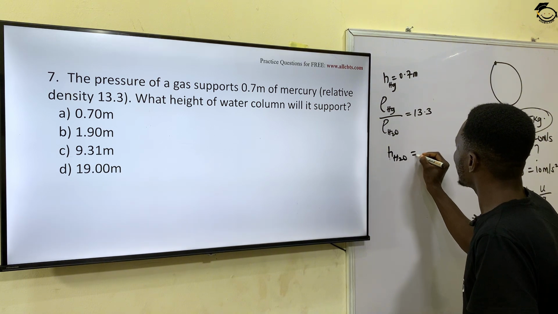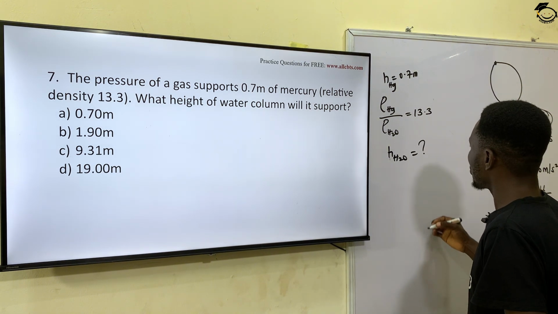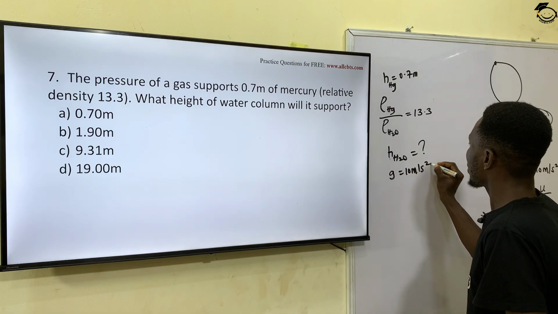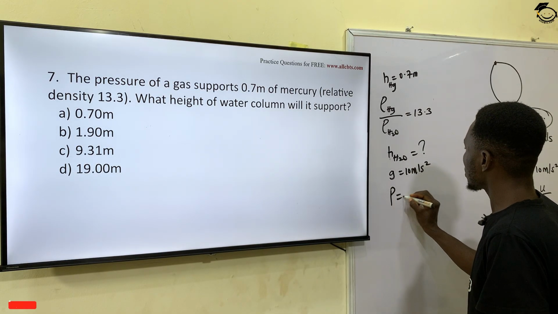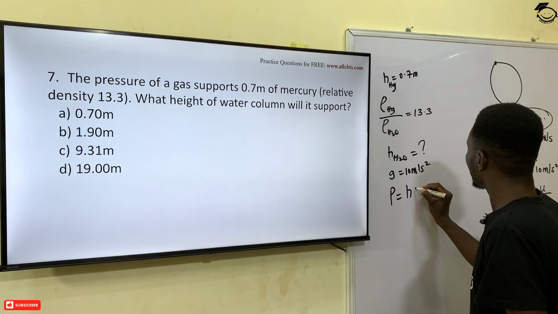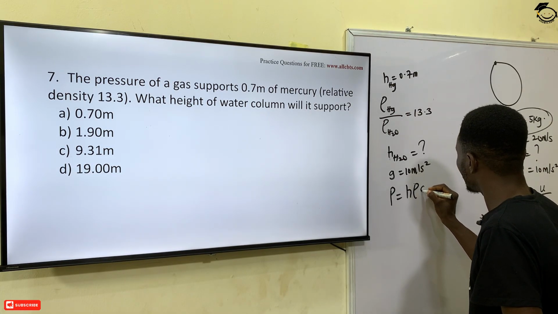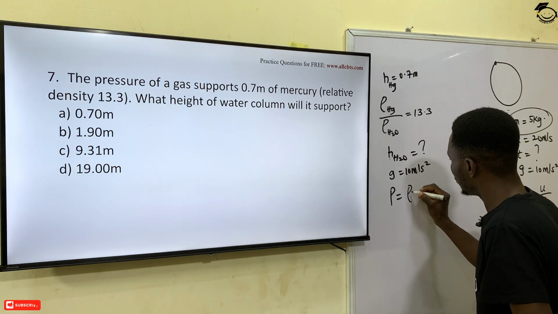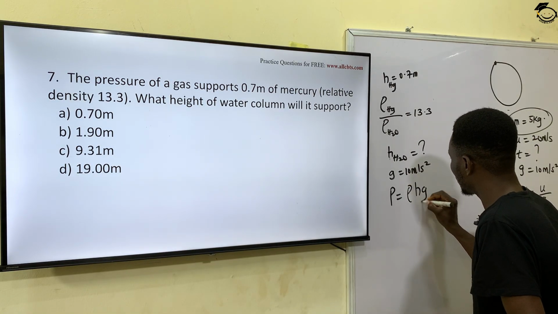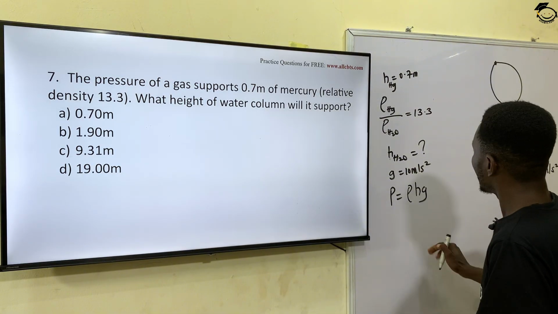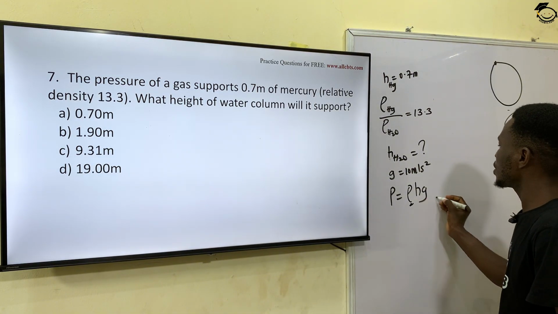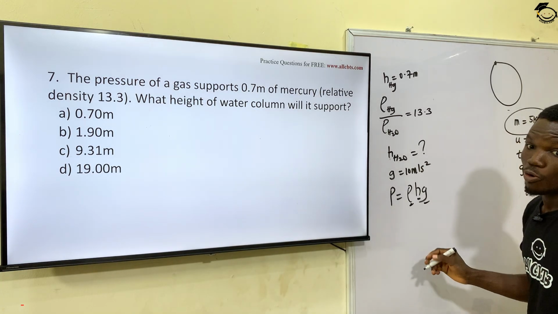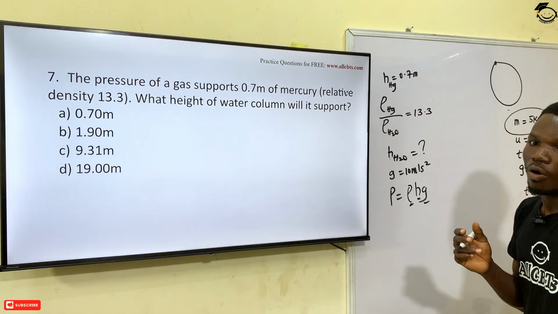The height of H2O is unknown. And we know that g is a constant, which is 10 meters per second squared. But we know that pressure is equal to h rho g, or you can simply say rho gh. And what does this mean? This means that the density times the height times the acceleration due to gravity will give you the pressure of a